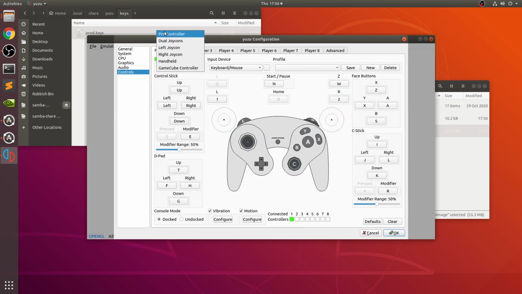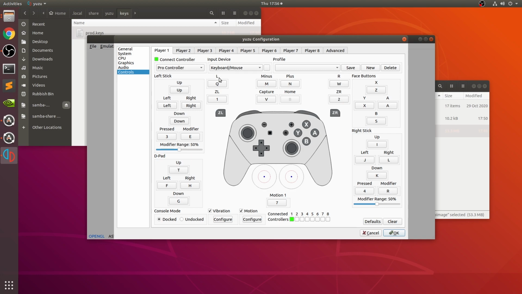So if you wanted to emulate the Pro controller, which is most likely what I would be, you can choose your input device. Maybe you've got a game controller connected. It could be a Switch Pro controller, it could be Joy-Cons, it could be an Xbox controller, PlayStation 4 controller, whatever. I'm going to have a separate video or videos covering how to connect different controllers to the emulator. I love doing them